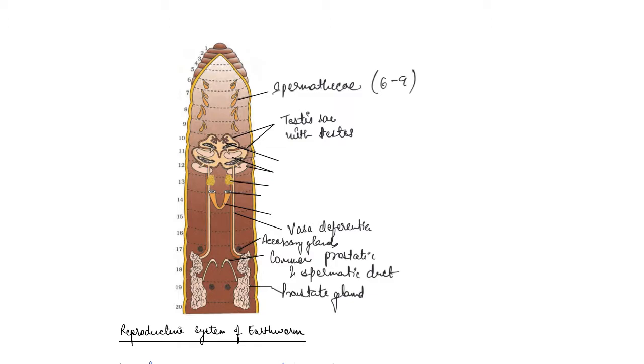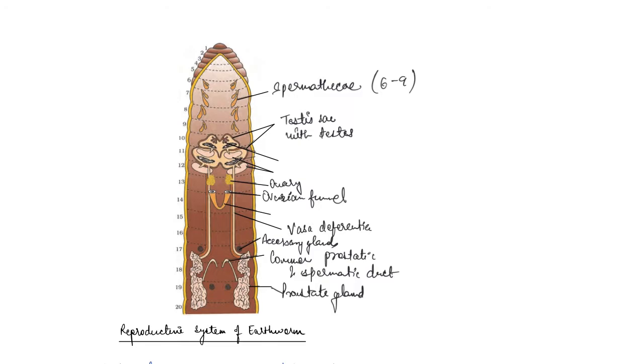So you have a pair of ovaries. This is the ovary, right? And you have the ovarian funnel. So basically you have the pair of ovaries which is attached to the intersegmental septum. Now ovaries are present in the 12th and 13th segment. Just beneath the ovaries you have the ovarian funnel, which continues into the oviduct,